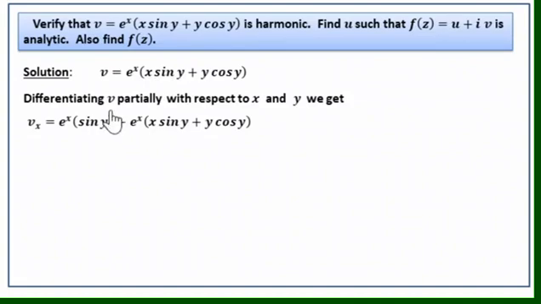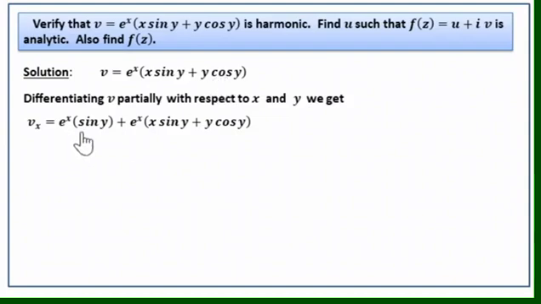So what is the product rule? Differentiate v with respect to x, keeping y constant. So we get dou v by dou x equal to vx equal to: e power x, the first function, keep as it is, times the derivative of the second function with respect to x, keeping y constant. Sin y stays as it is, and the derivative of x with respect to x is 1. So this is the first term, plus the derivative of this with respect to x, keeping y constant, we get 0.